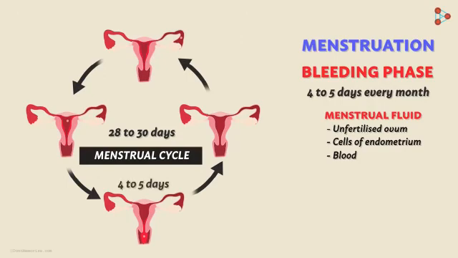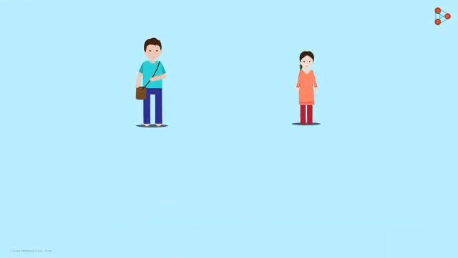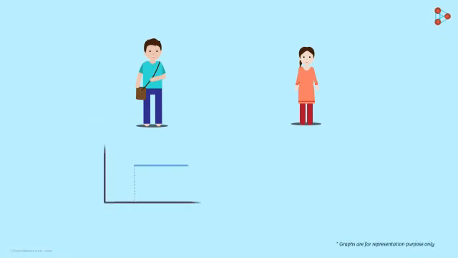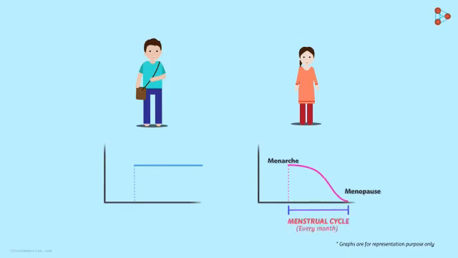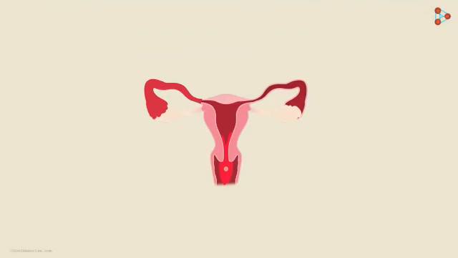4 to 5 days. In a nutshell, the reproductive ability is obtained by individuals with the onset of puberty. In males, it lasts till they're alive. However, in females, the reproductive phase is marked by the menarche and concluded by the menopause. The time period in between is where the body undergoes the menstrual cycle. The reproductive capacity of females is only found during this phase. So we have talked about the process that happens when fertilization